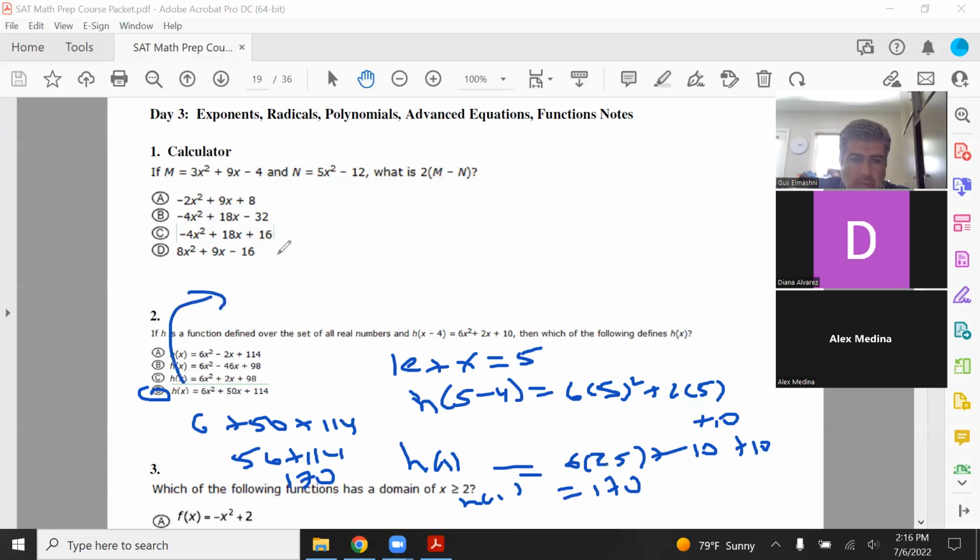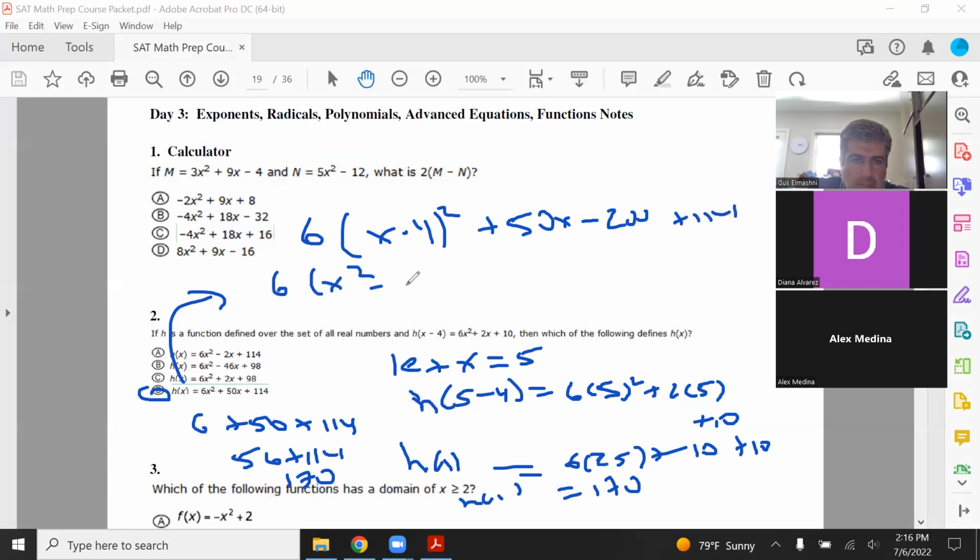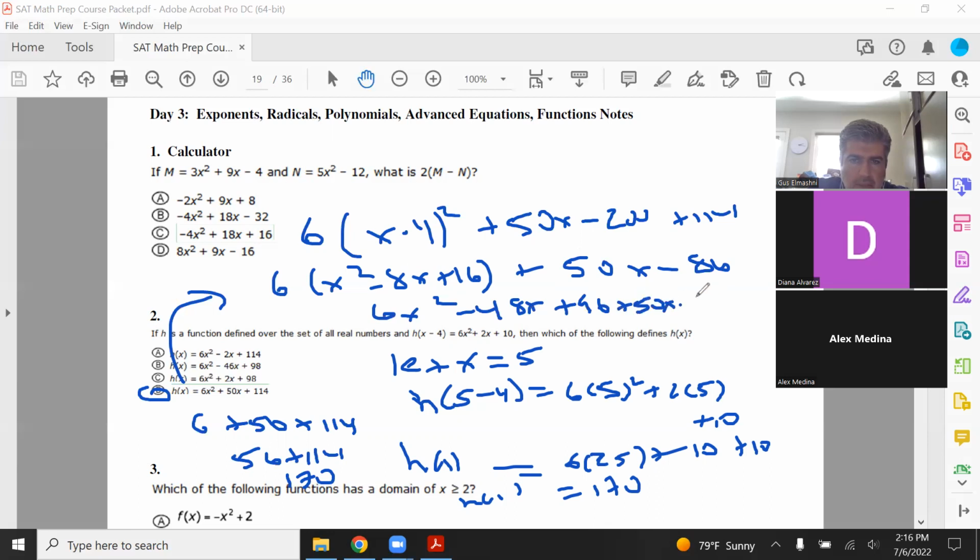If you were to replace x with x minus 4 and work it out, you have plus 50x minus 200 plus 114, and you have 6x squared minus 8x plus 16. I'm pretty sure this is going to work out for us because you have 50x minus 86. You have 6x squared minus 48x plus 96 plus 50x minus 86. Yeah, that works out. So you could do it that way also, but you can see how this is more